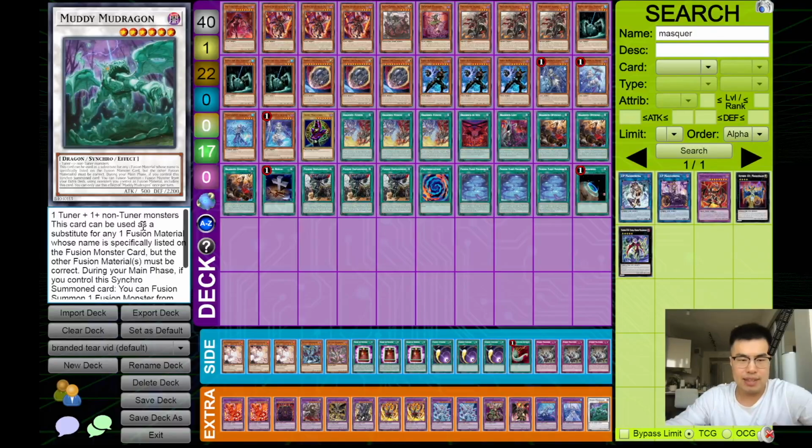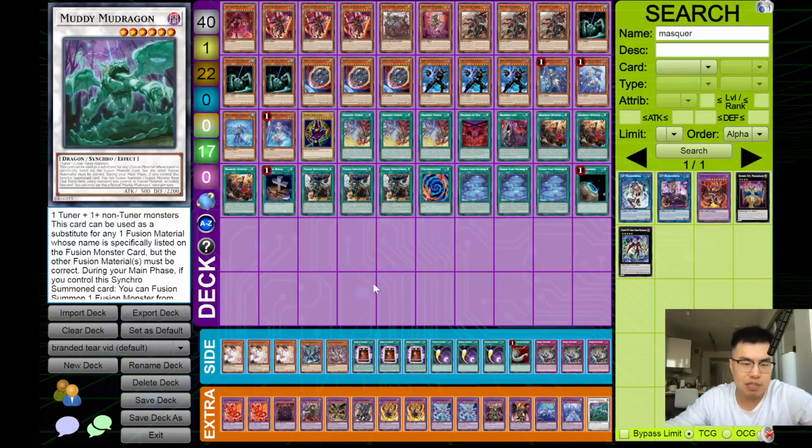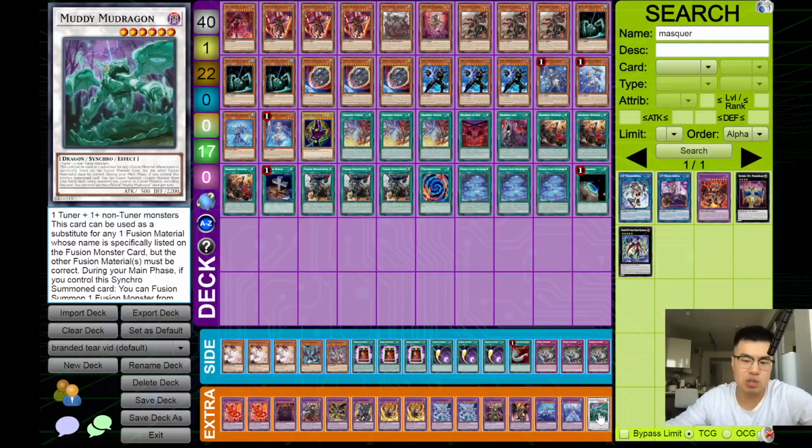So the way we get this in rotation is with the Grand Guignol, the Dust Dragon, which allows you to, upon the fusion summon, foolish any level 6 or higher light or dark monster from your deck or extra deck. And this just happens to be a level 6 dark dragon monster that we can actually foolish from the extra deck. And then on the resolving chain, we can resolve the effect of the Tearlaments that's on the chain, shuffling back itself, as well as the MUDDRAGON in order to go into some of our more powerful fusions,